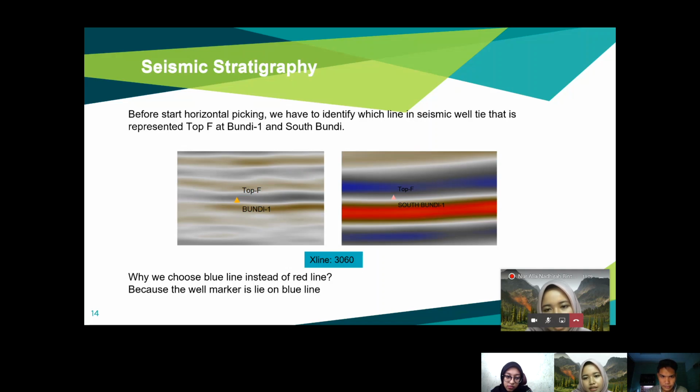So we still pick the blue line because it is near to the blue line here, because both Bundi 1 and South Bundi are related. So we pick the top F horizon for both. So next,